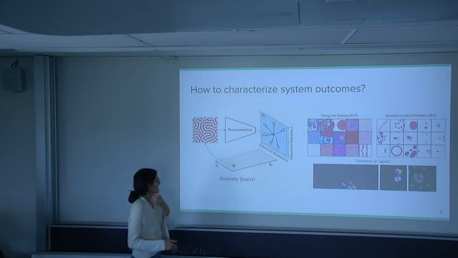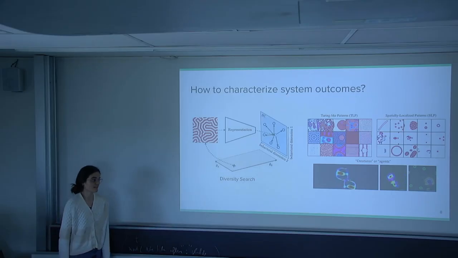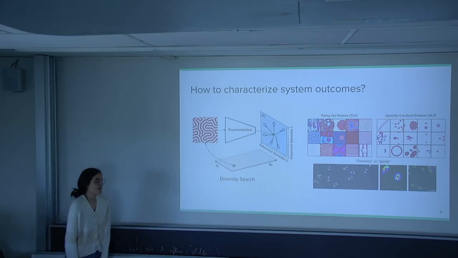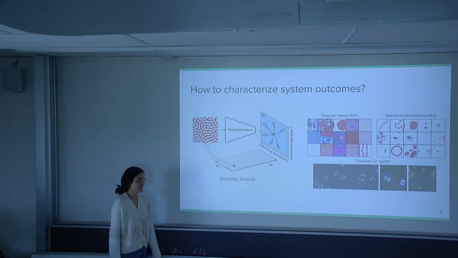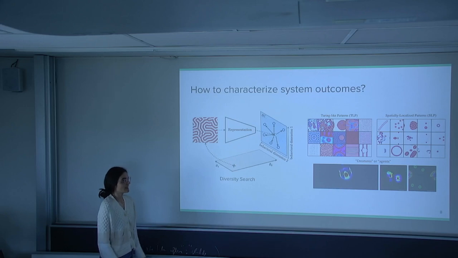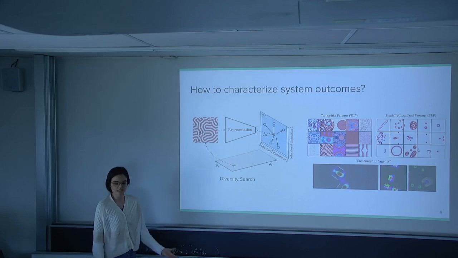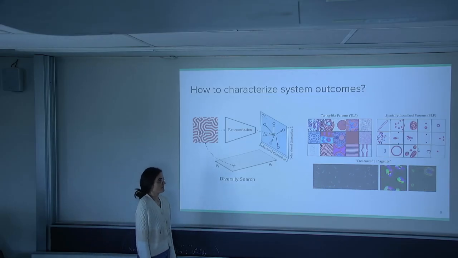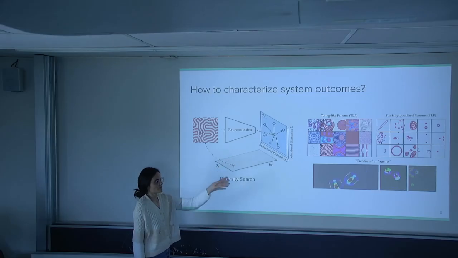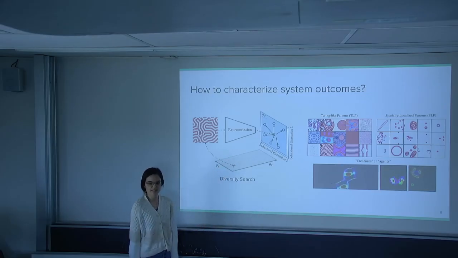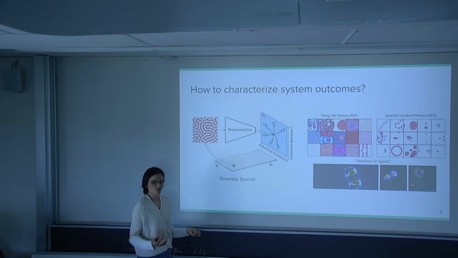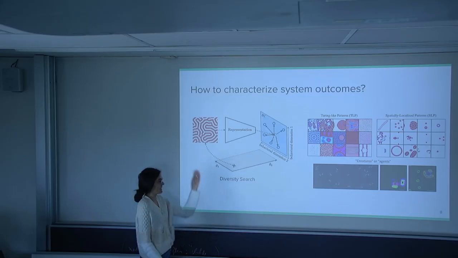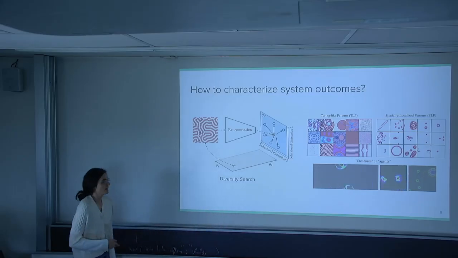And this is a really hard question, especially in Lenia or in complex systems in general, because these systems can really generate a wide variety of behaviors, and it's really unclear what are good descriptors of these behaviors and what will lead to interesting diversity. And it's even more than that. Here I'm showing you some discoveries in Lenia. We are all pretty familiar with it, but imagine starting with a new complex system that you don't know anything about. You don't know what can come out, so how you should choose this space is really a strong question.